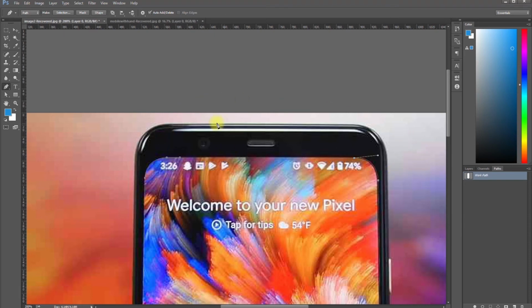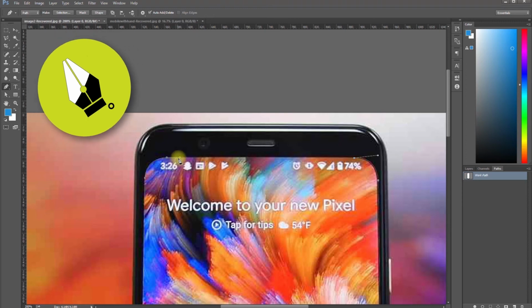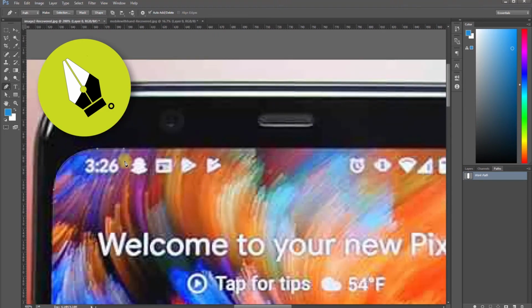And whenever a path is closing, like our last anchor is here and the starting anchor is here, if I want to close this path, I will click on the first anchor again. And how do you know that the path is closing? When I move my cursor over that anchor, it shows a symbol of O below the pen tool icon. Let me zoom in a little. So if I click it, it closes the path.